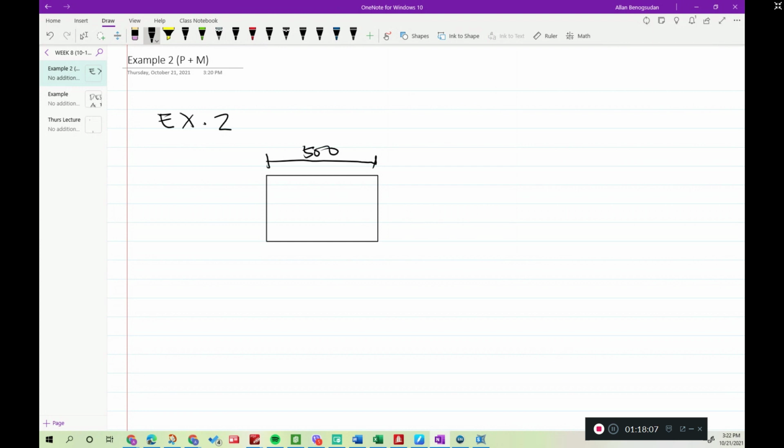500 by Jessica. All dimensions are in milliliter. Okay, anyway, I'm going to put that in there. So this one is 300. And let's put another one. Okay, and let's have